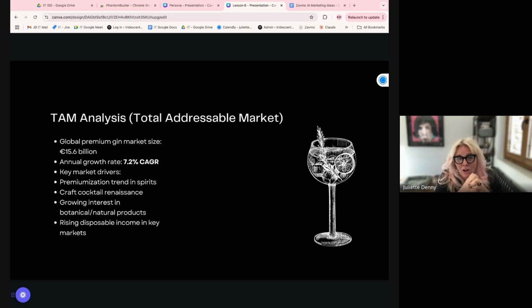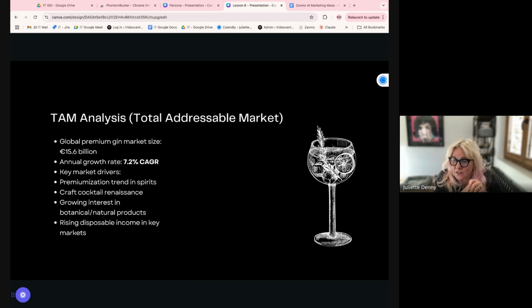Then you're looking at what the key market drivers are. So what we need to do is say, okay, it's a big market and it's growing, but where is it growing? Where within the gin market is the highest growth rate? And there what we're seeing is it's premium. You don't want to be having cheap gin, because that's not where the growth is coming from. Definitely it's this idea that gin is almost like a luxury experience. It's really leaning into this craft cocktail idea, putting things in the gin that maximize and change the flavor. But it's more like a leisure product than just a simple kind of drink.